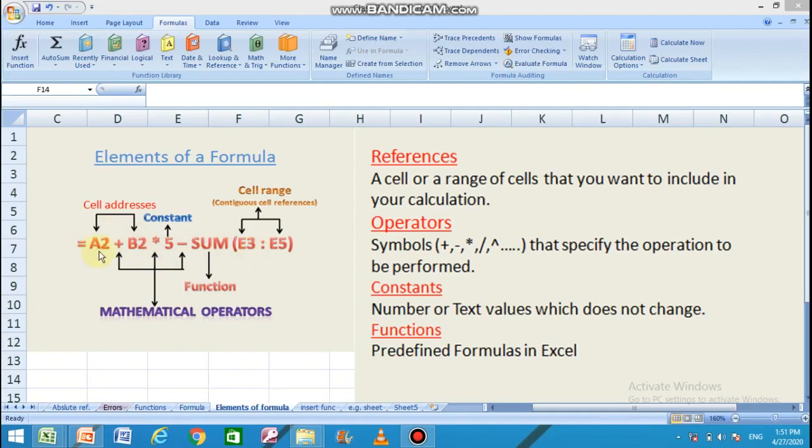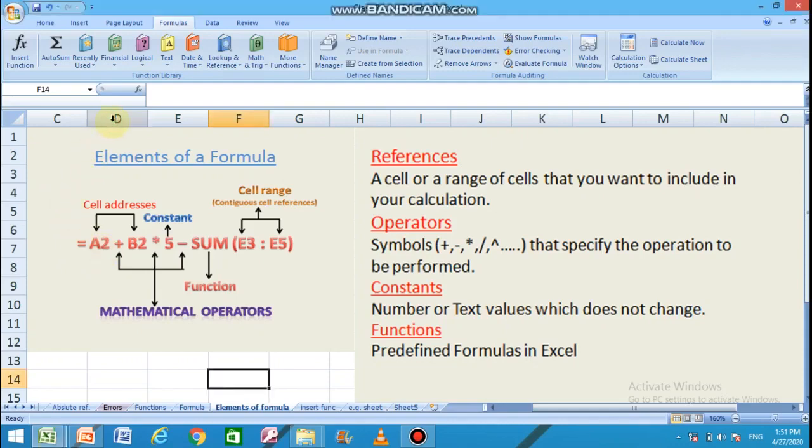How are these cell addresses or cell references formed? They are formed by joining the column name and the row number together. For example, this cell is in the column D on the 14th row. So the cell address is D14.